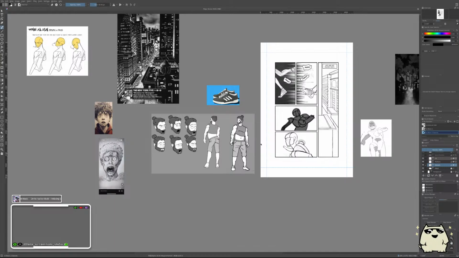So screw it, we'll just screenshot it, literally just use the screenshot app and go for the whole window and copy it and